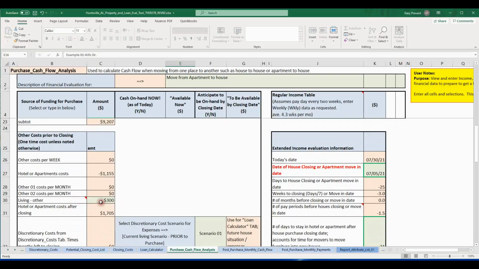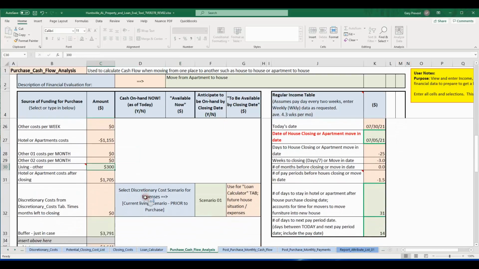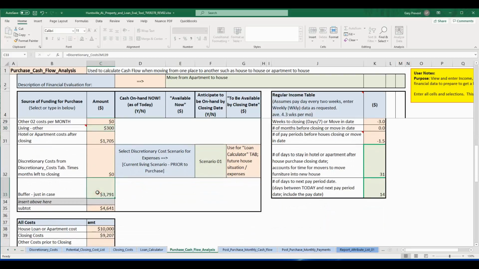If there are other calculations that have not been accounted for anywhere, you could enter them here. Oops, I forgot there's another 300. This really should be in your discretionary list, but if not, you can enter an additional amount here. You can enter a buffer amount here. In other words, money that I have in the bank, I want to make sure I have an extra $3,000 ready. In this particular case, if you notice at the top, I've selected discretionary costs